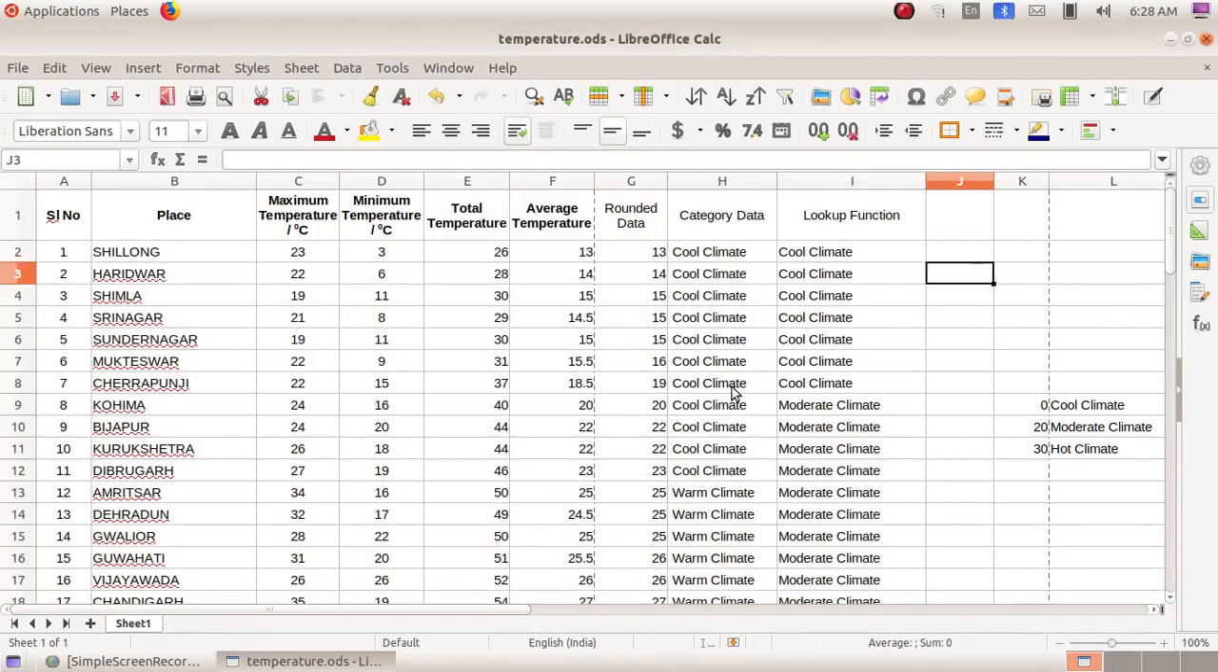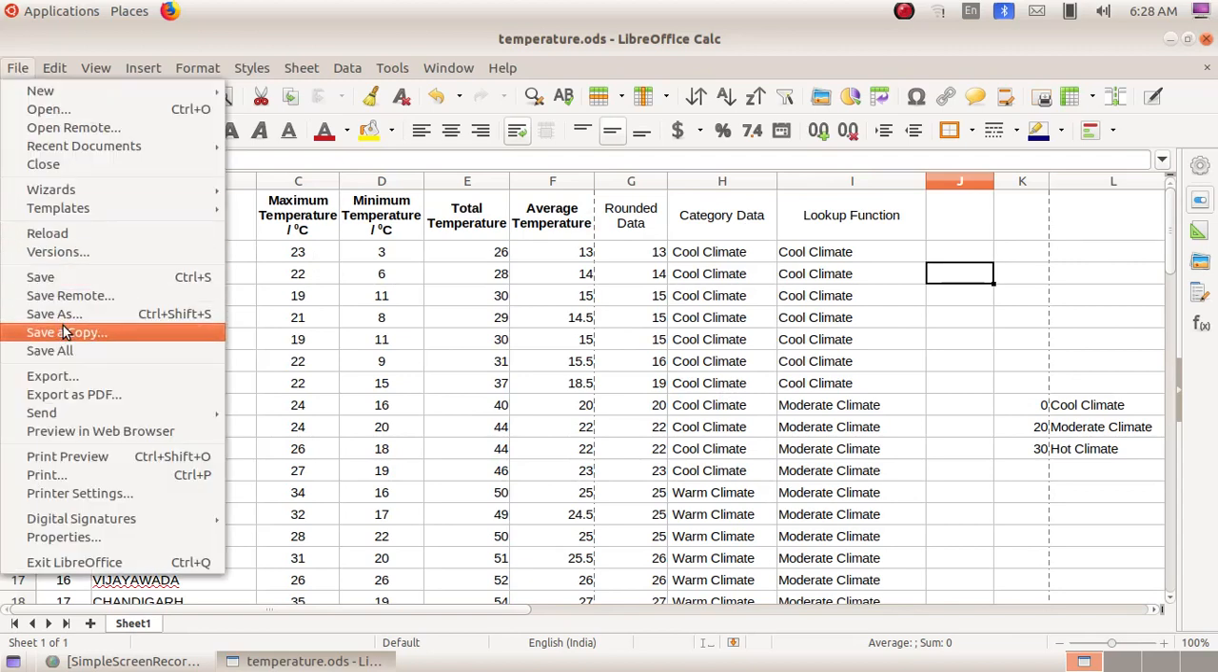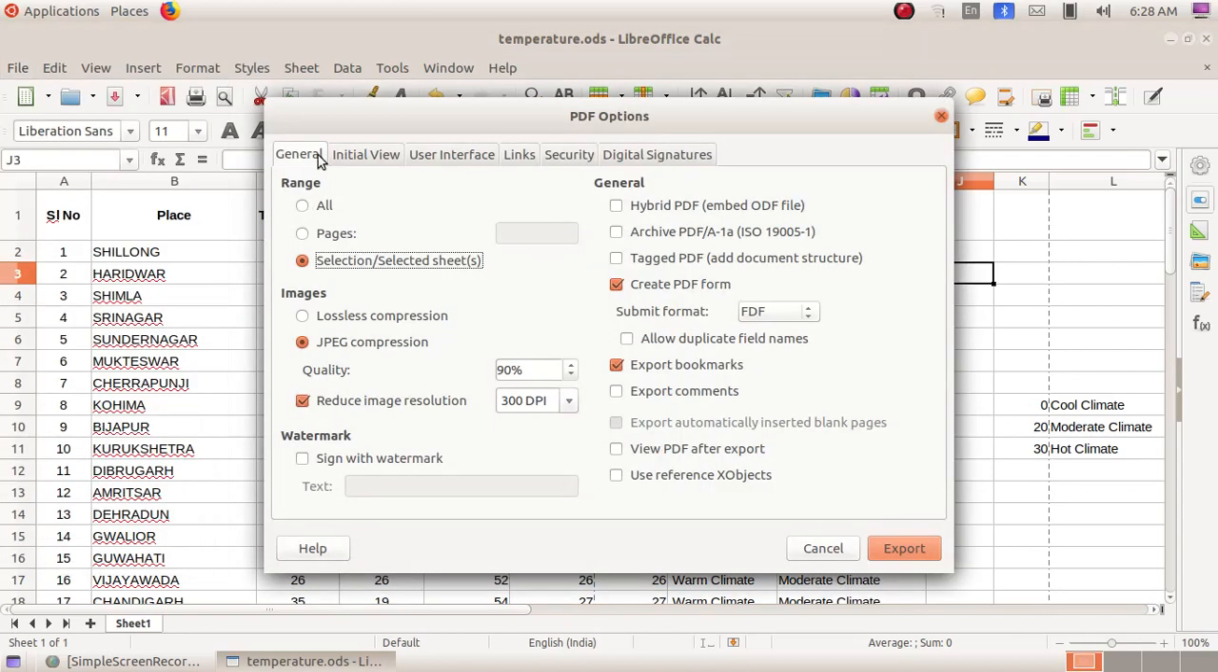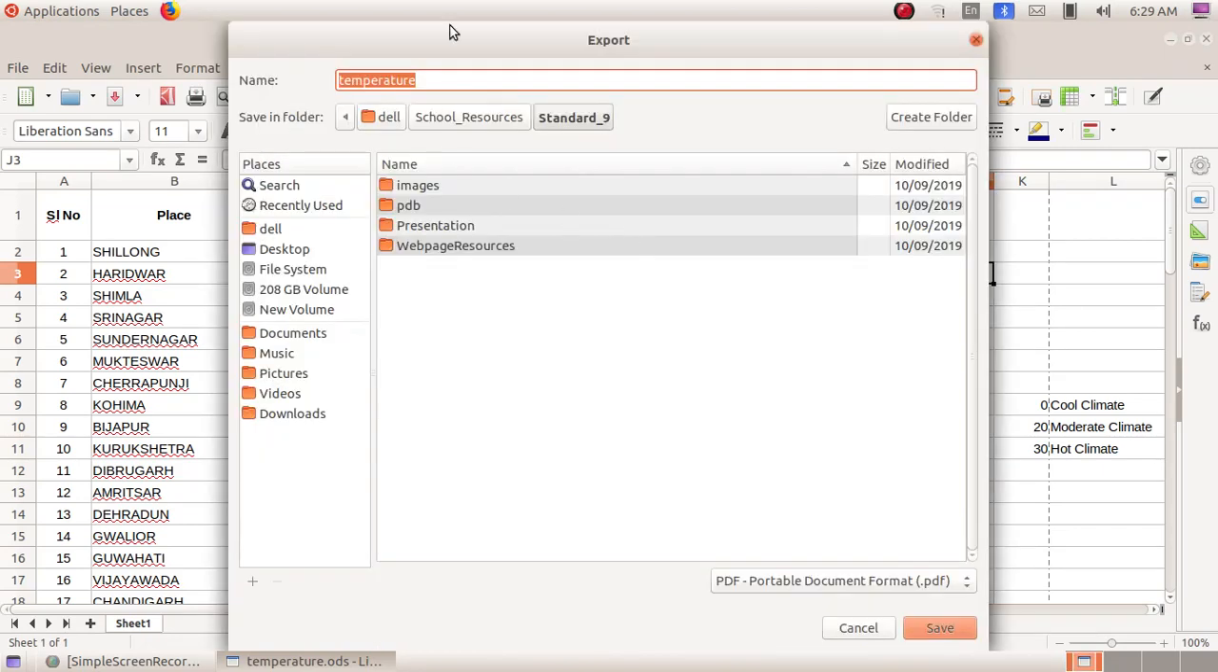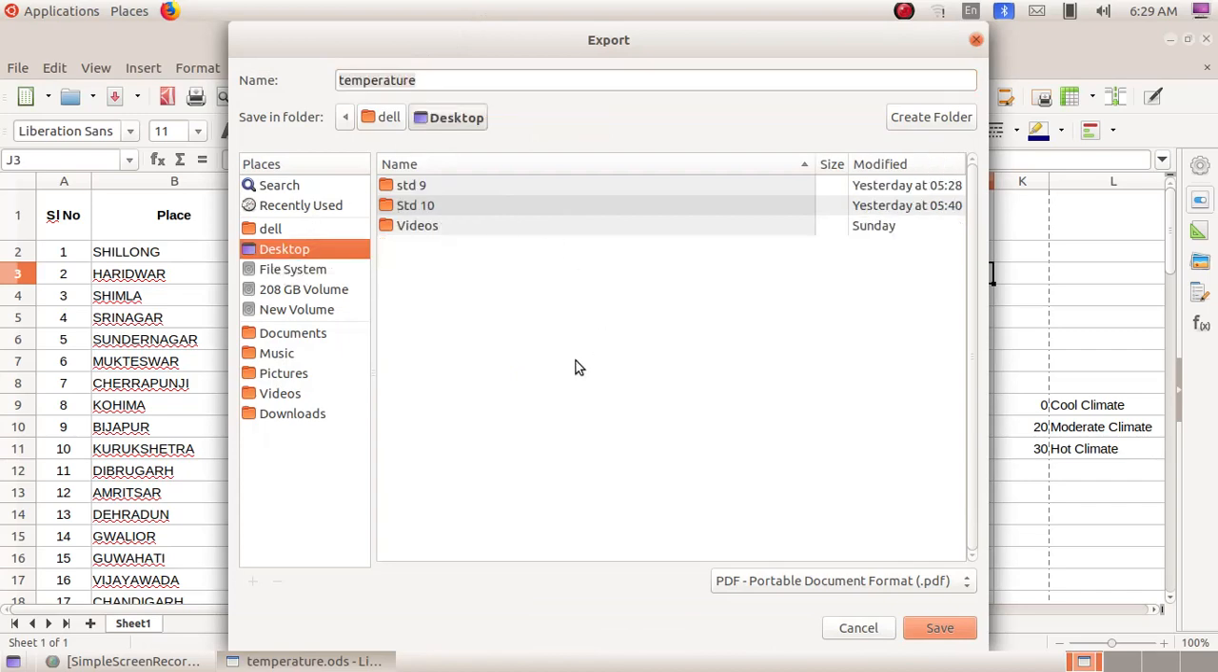As the next step we have to convert this into a PDF file. For that click on file, then export as PDF. Then here I have to choose range as all because I want to export all the file. I want to export all the pages. So I am choosing the option range all. Then click on export. Then here I am giving the file name as temperature. Then click on desktop and click on